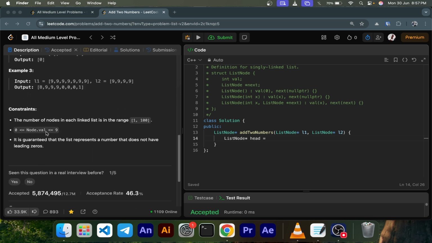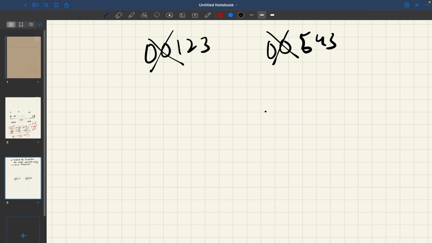If you look at the constraints, you can see that each node can have a single digit only, so it's ranging from 0 to 9. But the maximum number of nodes that you can have in any single linked list is 100. So it's going from 1 to 100. So the maximum number will be 999 till the 100th digit. So it will be a huge number. You won't be able to store it into an integer of type integer or type long int,